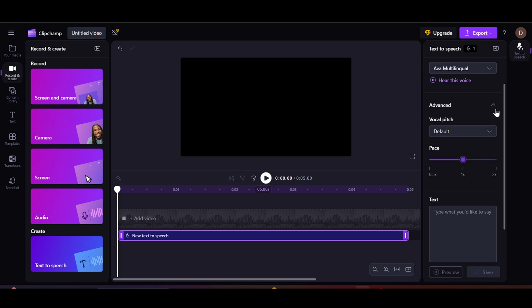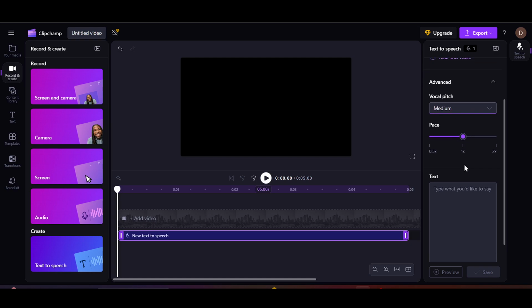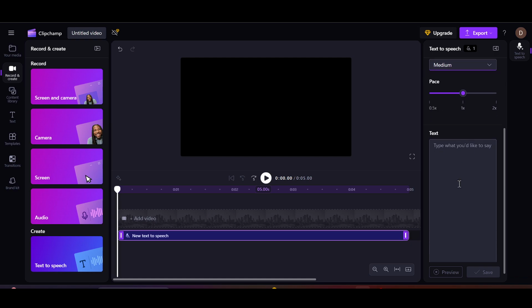And after clicking on advanced, you can set the vocal pitch. Here it is set to default. You can go for extra low, low, medium, high, and extra high. For example, I click on medium. So this is set to medium, and you can even set the pace from here, and then you can type